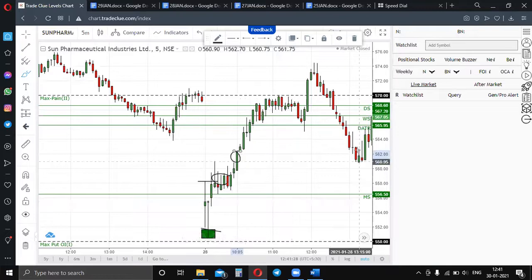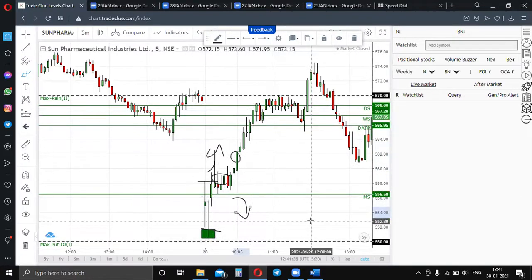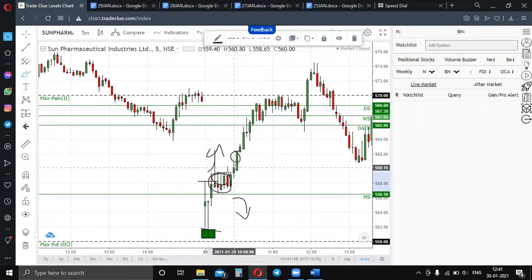Now, these are the tricky zones to trade. If I'm getting huge gap ups and gap downs, and then price starts moving in reverse rather than going in the same direction, it becomes a bit tricky. Okay, the volume criteria is satisfied, but then you need to understand who is getting trapped. So I'm getting these two red candles. As soon as I'm getting any candle closing above that zone, I now know the fresh sellers are trapped. Okay, I will still insist you avoid such patterns. These are tricky to handle. Okay,